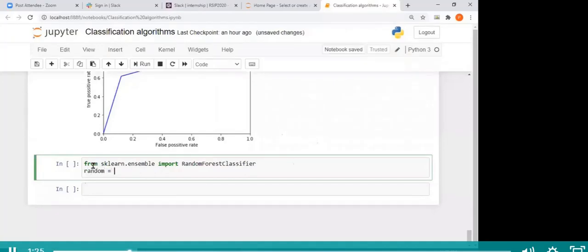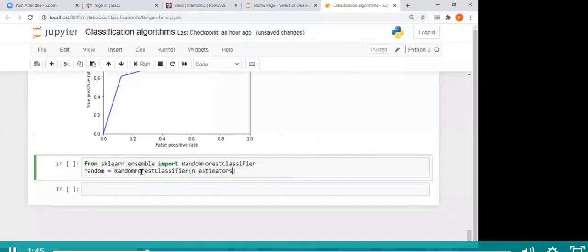random is equal to RandomForestClassifier of n_estimators.